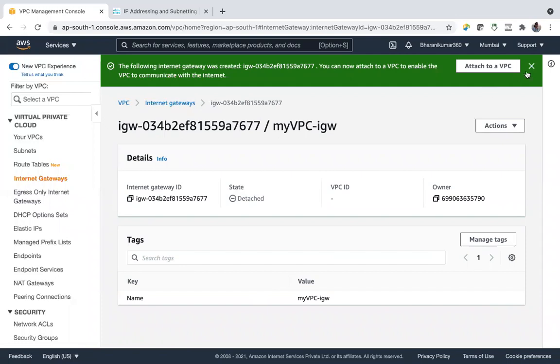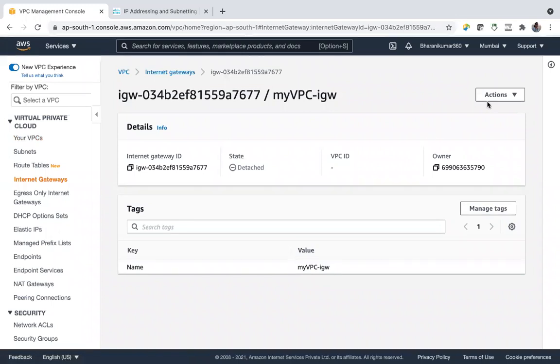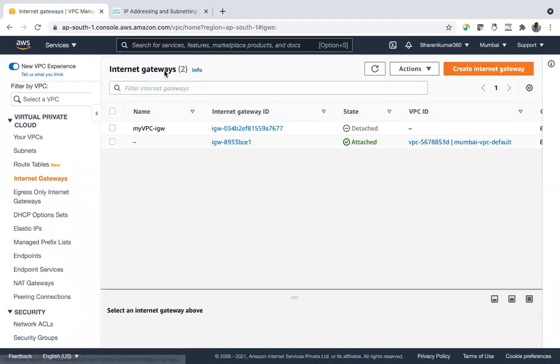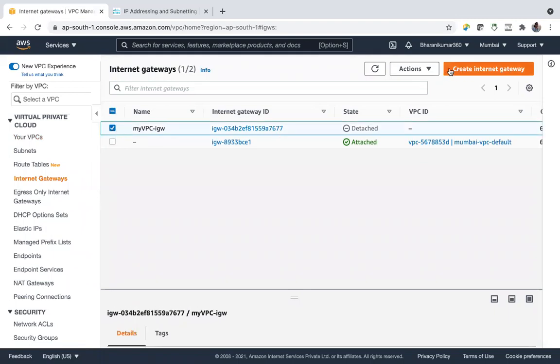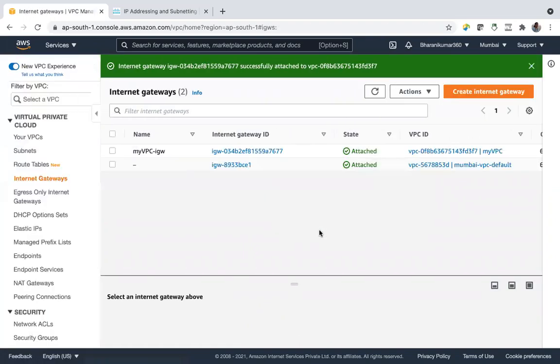And now we need to attach this to our VPC. Internet gateways, my VPC, attach to VPC, and say attach internet gateway.